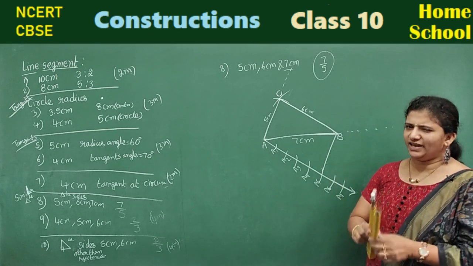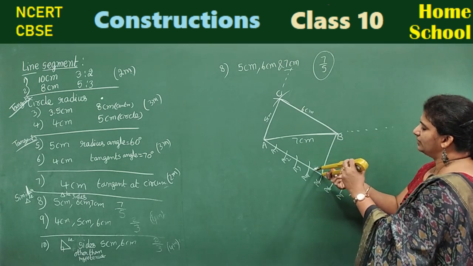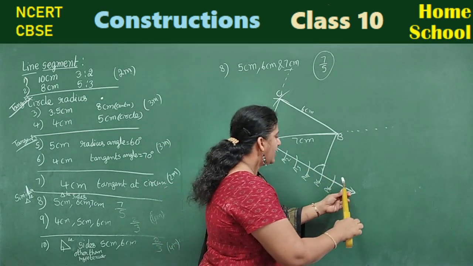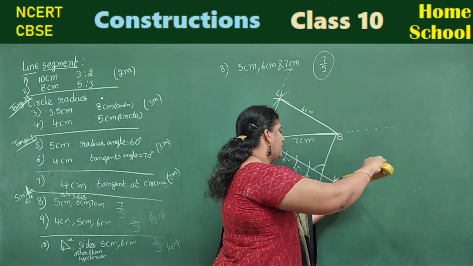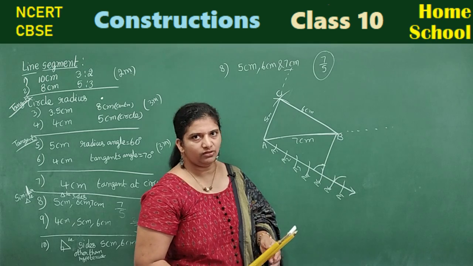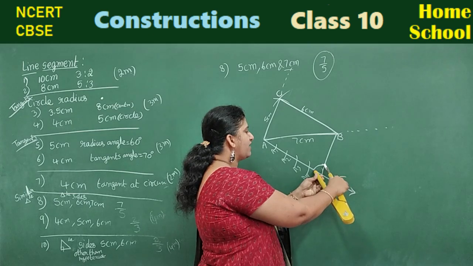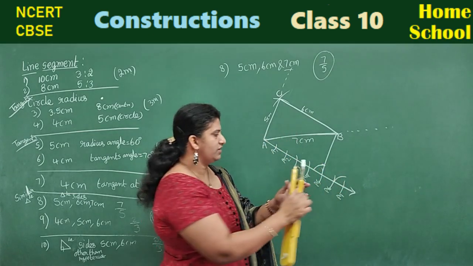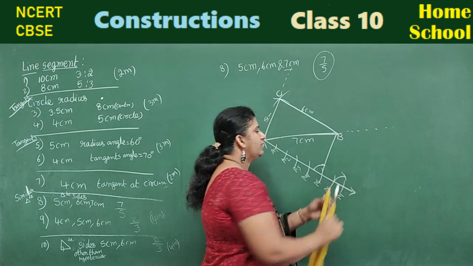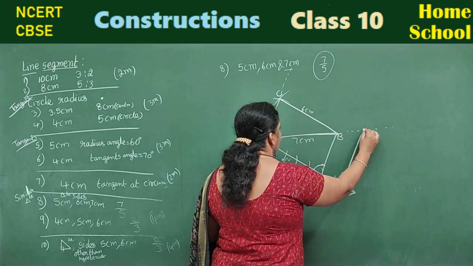Now, this point is very important. From here, what do we need to do? Draw a free arc. Again, lift your compass and put it at A7 and draw again a free arc. No problem, touching this arc you can draw. Now, go back and measure these two distances. You can disturb the compass. Yes, measure this much. Then again, where it is touching the ray, from that point check and cut the arc. Take a scale and try to join.